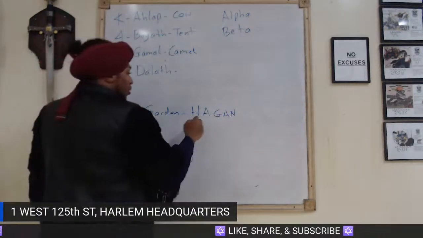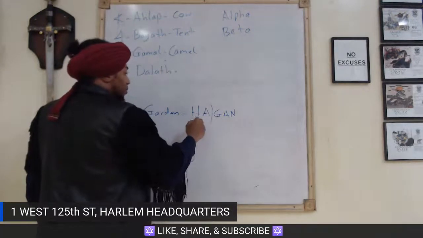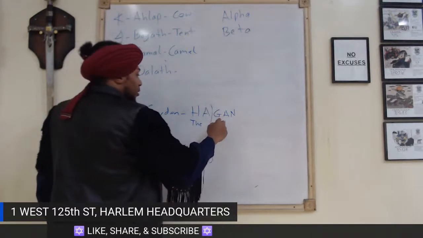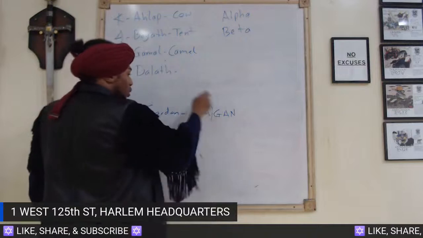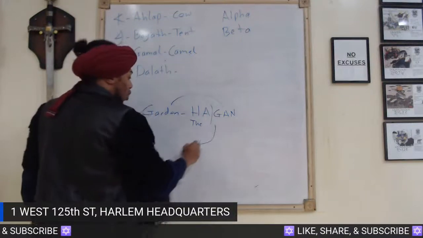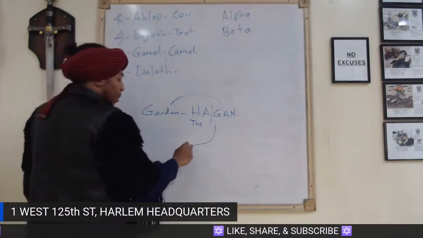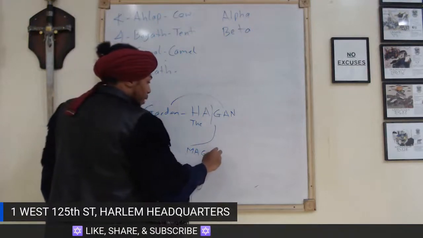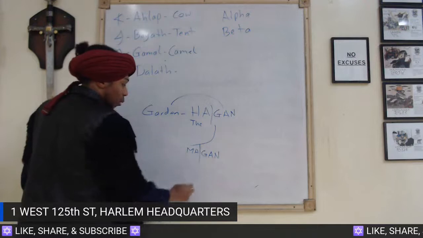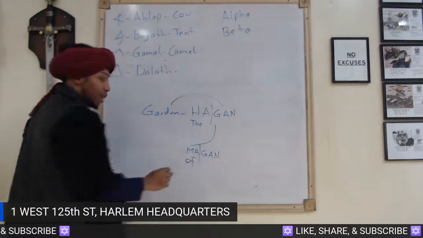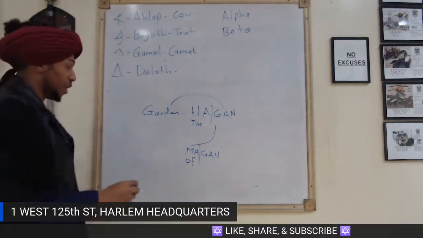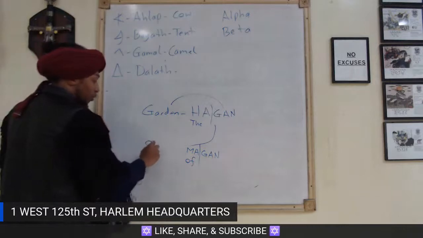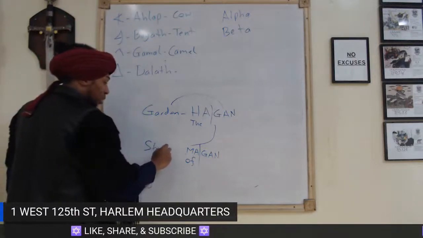Ha meaning the, and gan is the word for garden, and from this word you're going to have magan, where the ma, we know the preposition, is of. And magan became the word for shield,